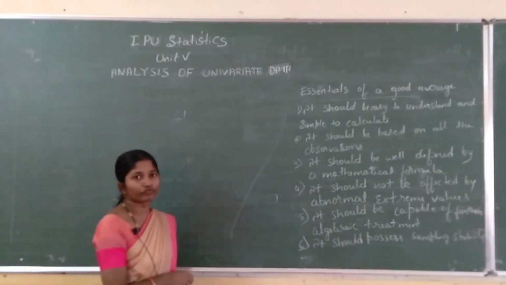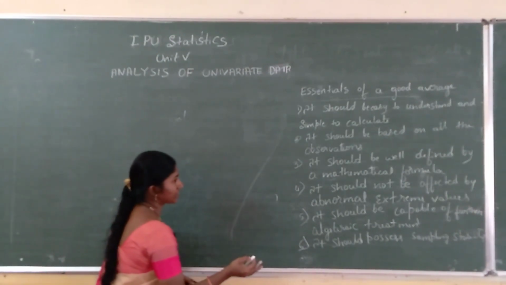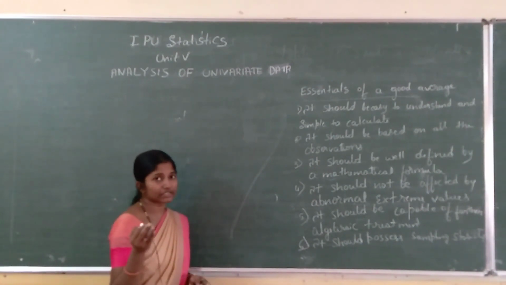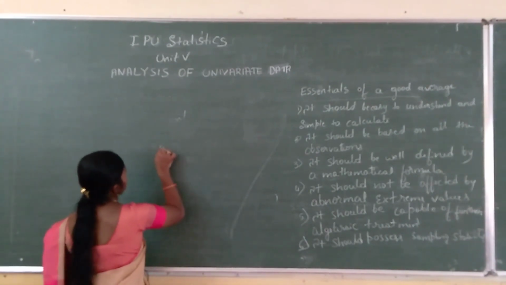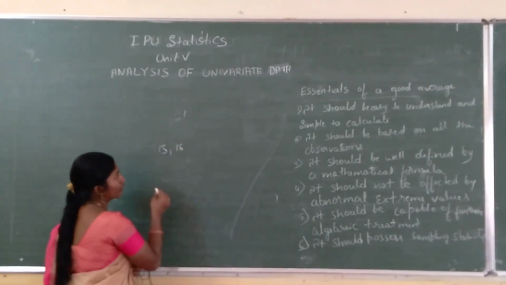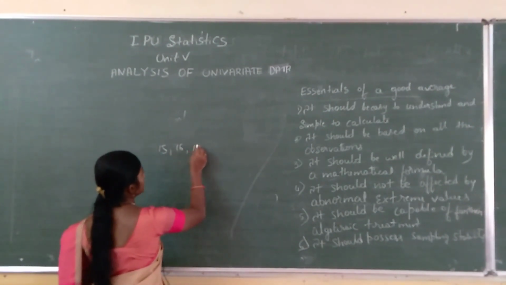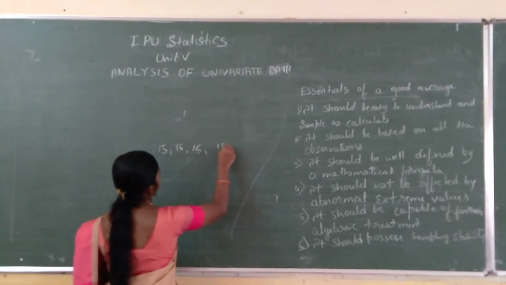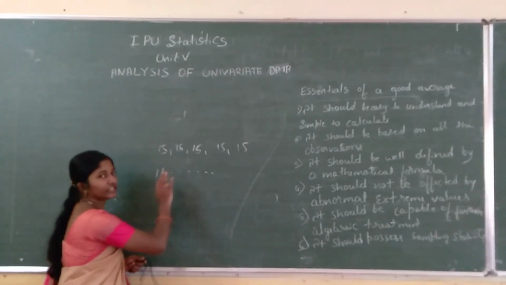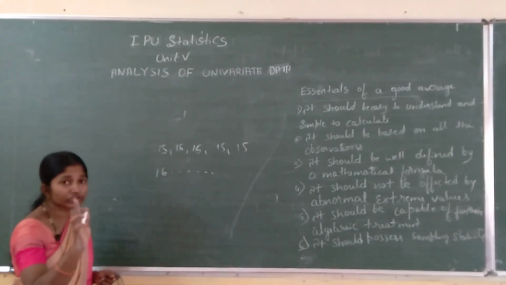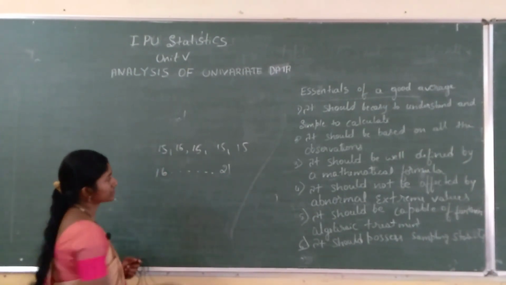We will take an example. In the 10th standard, you are going to write the last exam. At that time, what will be your age? That may be 15, 16 like this. 14 may be okay, but mostly 15, 16. All the ages are 15, 16 in that class. One of the students, his age is 21, only one student.